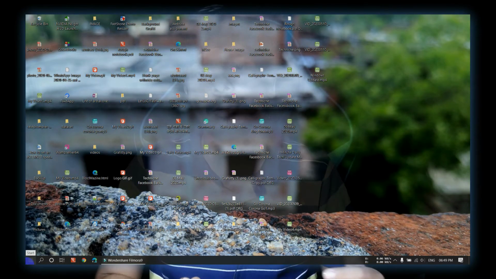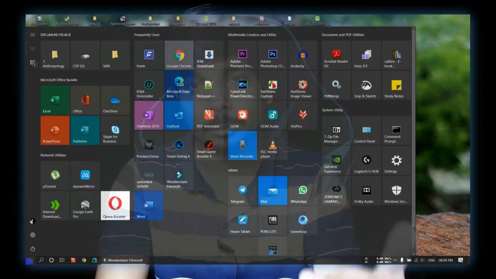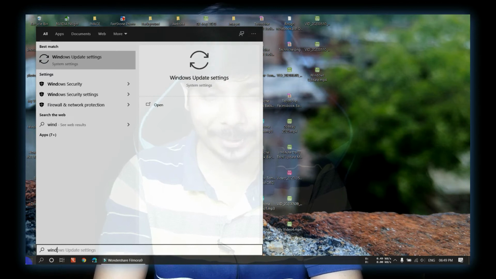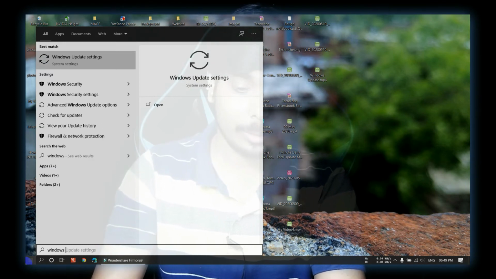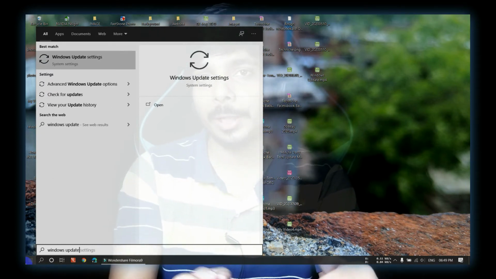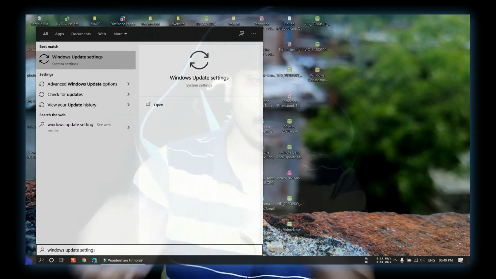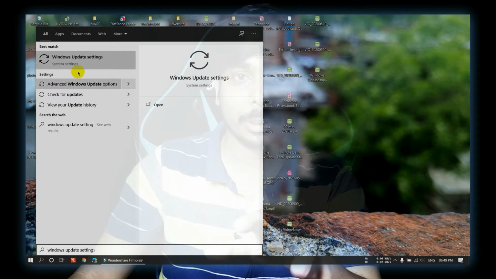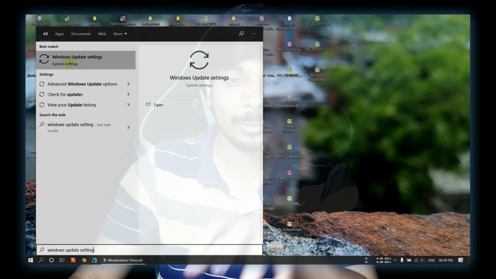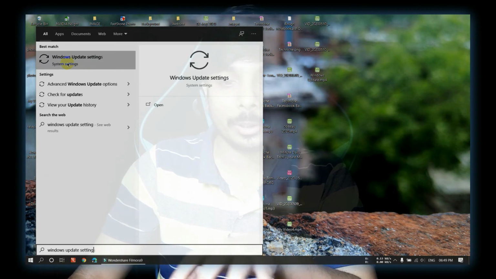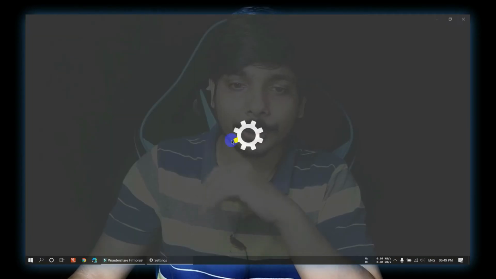Then I will go to the Windows update thing. Again, go to the search bar and type Windows update setting. If you type Windows and space and U, it will come at the top, and if it is not coming, just type the whole thing, Windows update setting. Once it's there, click on the Windows update setting. You will go to Windows update.